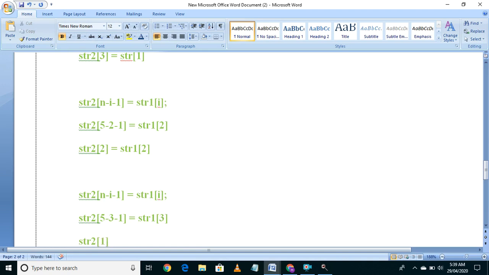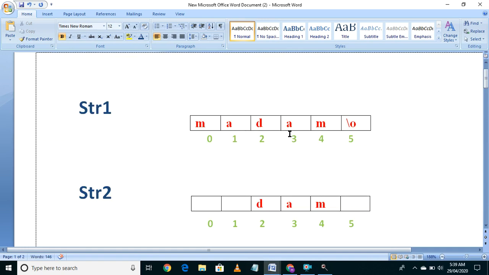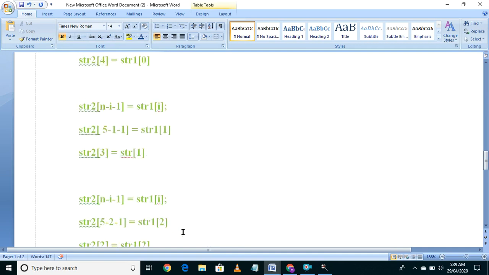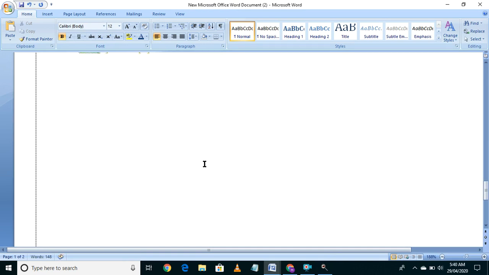So str2 of 1 should have the value of str1 of 3. What is there in str1 of 3? It is a, which should be copied to str2 of 1, right? After this I should update. The value of I should change to 4.